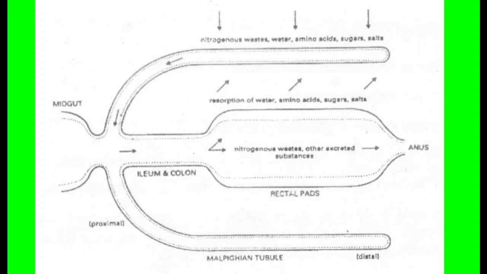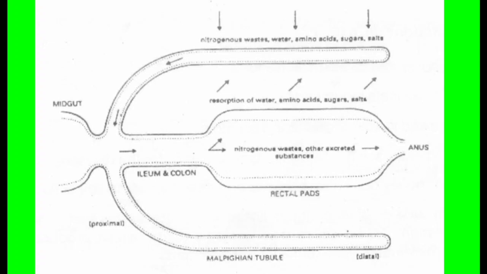So whatever the nitrogenous waste, water, amino acids, sugar, salts, etc. are there, they are absorbed in the lumen of the Malpighian tubules, maybe passively or maybe actively. And finally, the whole material comes to the junction of midgut and hindgut, where it is pushed forward, towards the rectal bag. Now while going towards the rectum, there is absorption of water, amino acids, sugars and salt back from the rectum